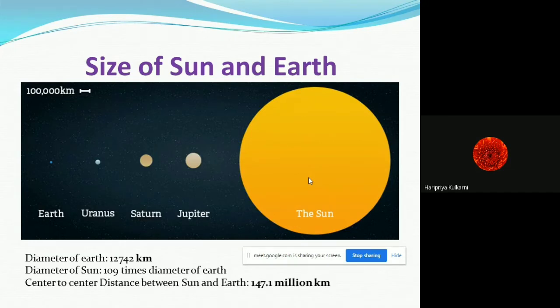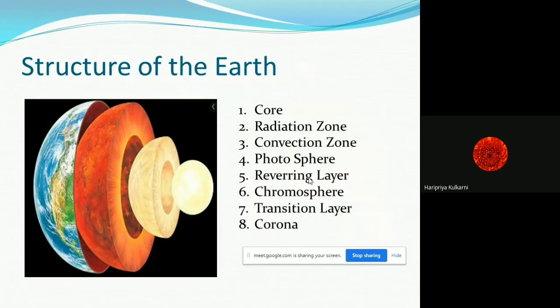Now going to the next slide, this is the structure of the sun. I have shown only 4 parts here, but you can consider inner and outer layers, so in total 8 parts are divided, starting from the core. Let us consider this as 2 layers, inner core and outer core. The first is the inner core, which I have given as the core. The temperature of the core of the sun is 8 to 40 million Kelvin, and its density is 100 times that of water.